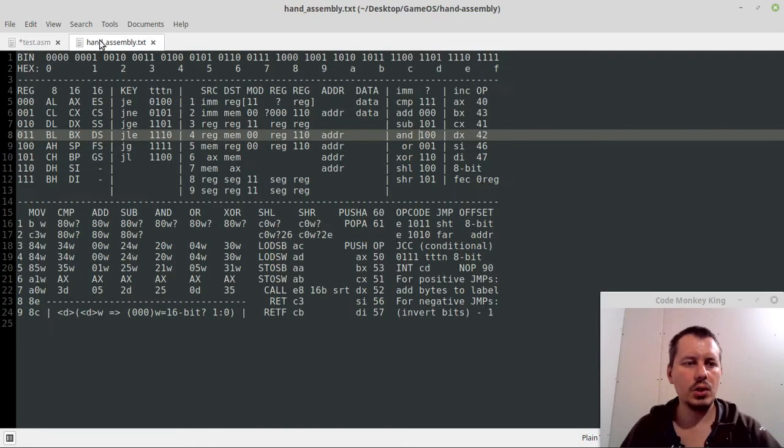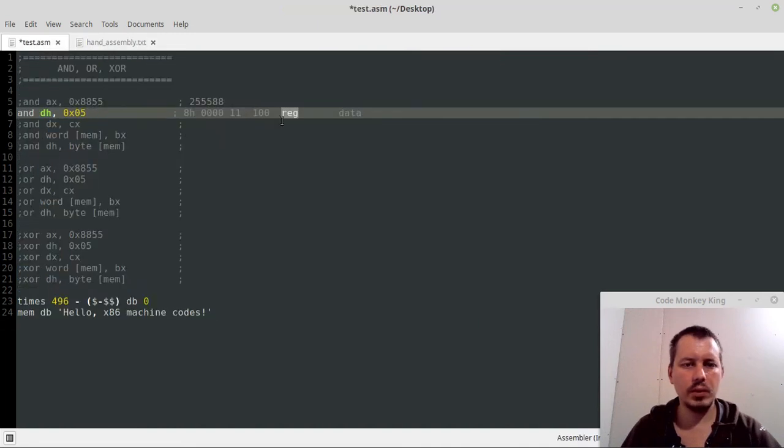So DH is going to be 110. So this is binary, this is binary, and this is binary, and the data is 05 hexadecimal. Okay, so now to convert this entire thing to machine code in hexadecimal, we can say